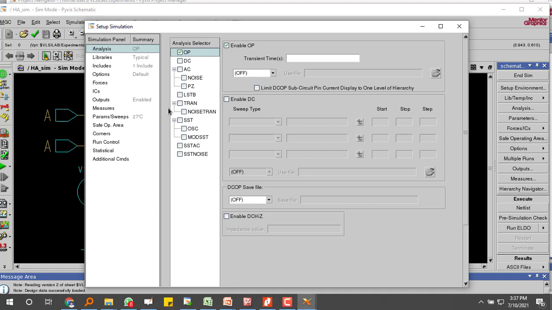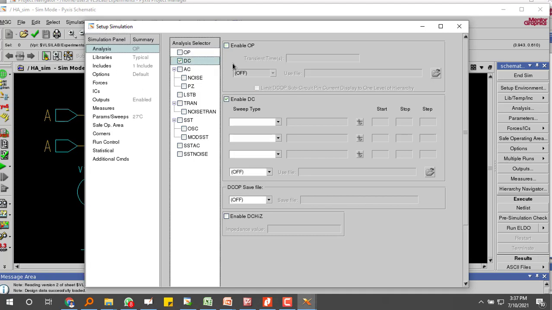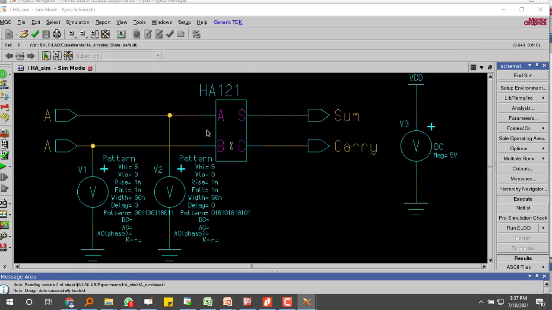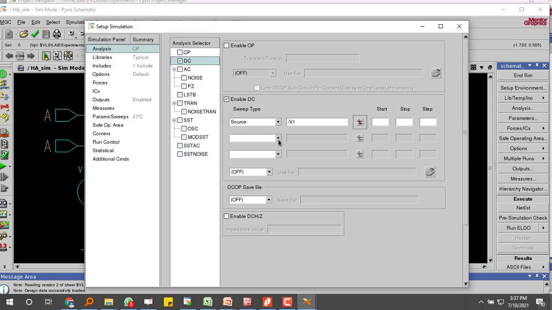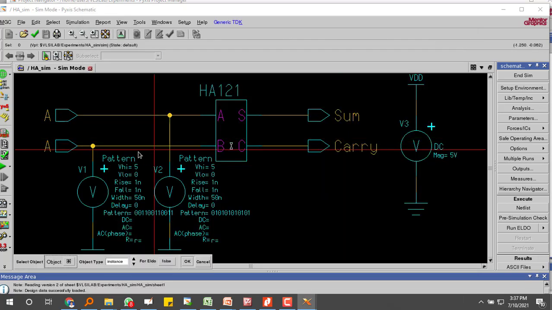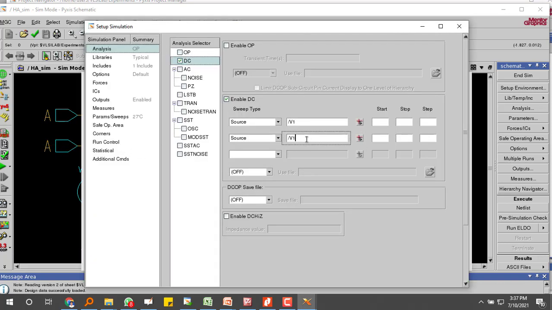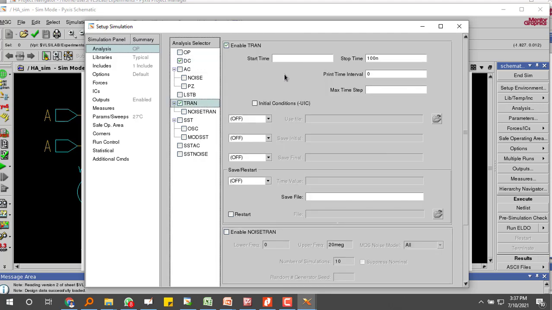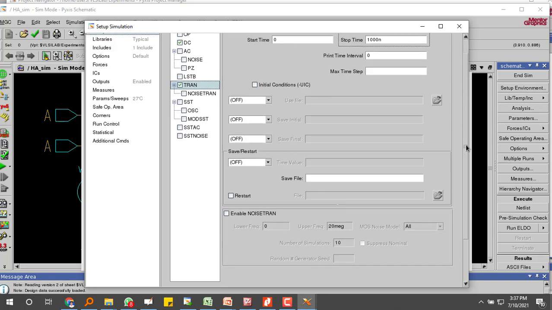So go to analysis directly, DC analysis started, source, and we are taking from A, and also we are taking from B, so that is V2. So starting point 5.1 0, so step is this one, and transition period is 0 to 100 nanoseconds.